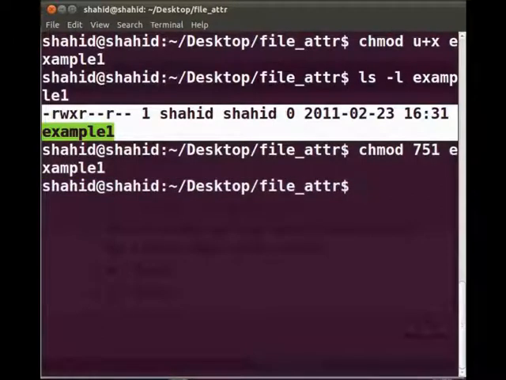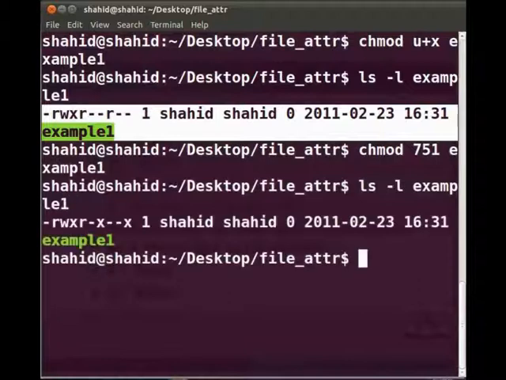Now type ls space -l space example1 and press enter. Here we can see that the above command has assigned read, write and execute permission to the owner, read and execute permission to the group, and execute only permission to others for file example1.